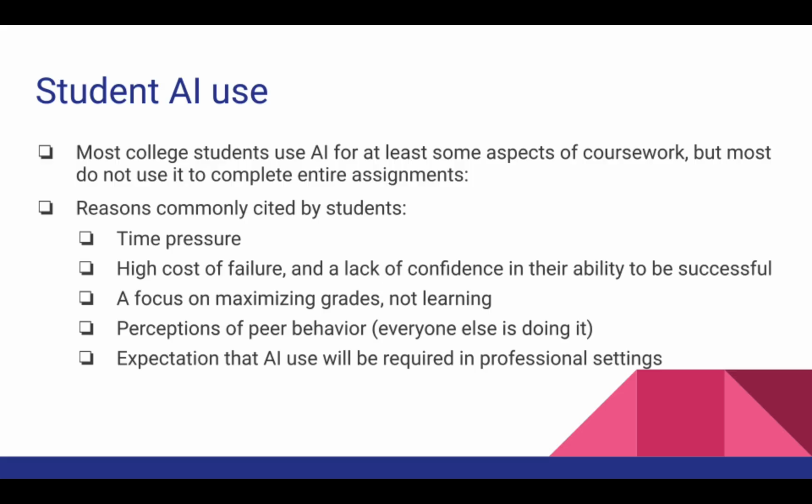But another really common factor, and this certainly blew up during the pandemic too, is perceptions of peer behavior. If you don't want to use AI, but you think all of your classmates are, you're much more likely to do it so that you're not penalized for submitting work that's lower quality than the students who didn't put as much effort in. So to some extent, it's this competitive pressure where, if they think everyone else is doing it, there's an incentive for them to do it too, so that they don't end up doing relatively poorly where they may have learned the material better, but if they still fail their course or get a lower grade, they're at a disadvantage.